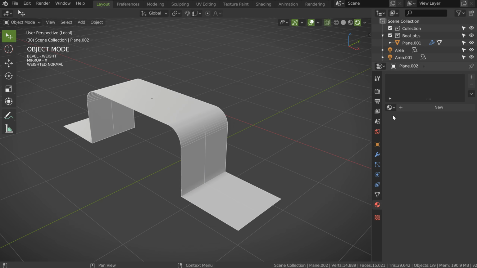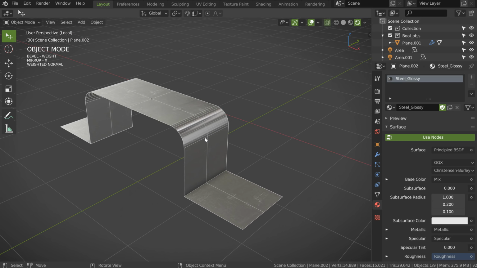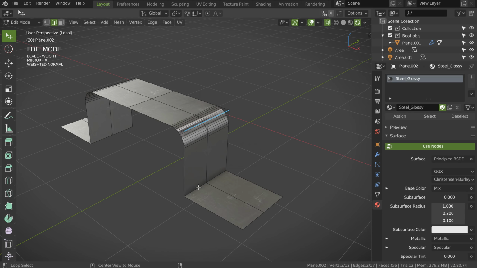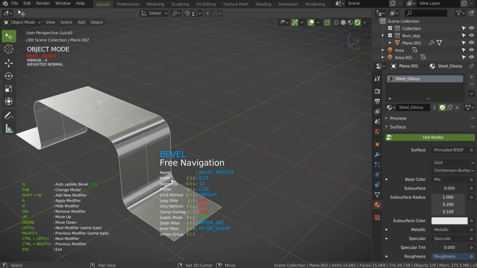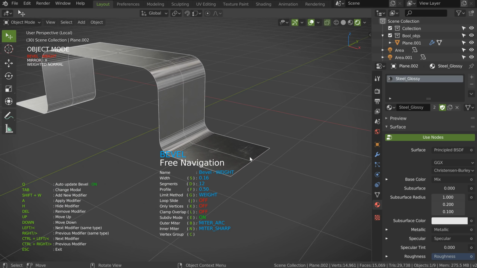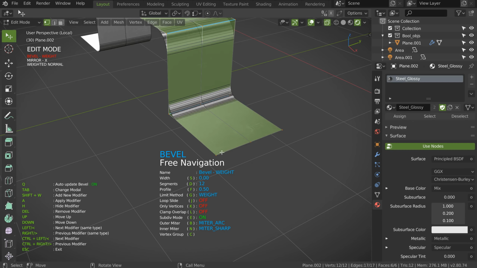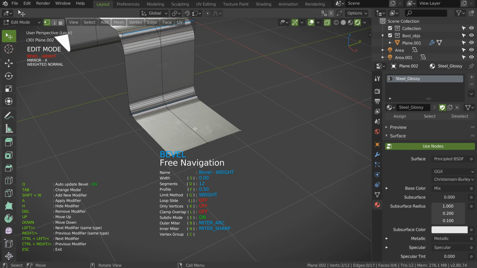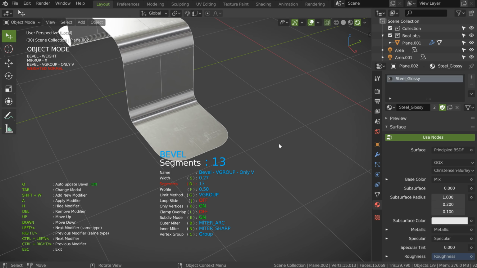On this object I can add a shader. I will add the glossy, still glossy, like that. This time, I can in fact select here and add another bevel, just like that to make it smaller. This is two bevels, only one bevel modifier, but with bevel weight, with different values. What I will do now is to go in edit mode. I can in modal press Ctrl Tab really fast, because if you hold it, that will just make a toggle. I will select this and select this, I will press Tab and I will add a bevel. So I will increase the number of segments with D, just like that.